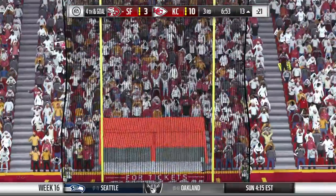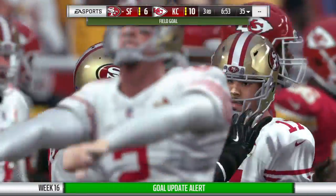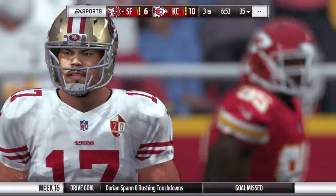And his kick is right there. It's good. And high fives for that one as that drive ends in 3. A decent